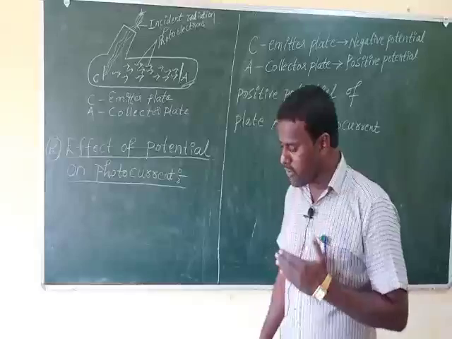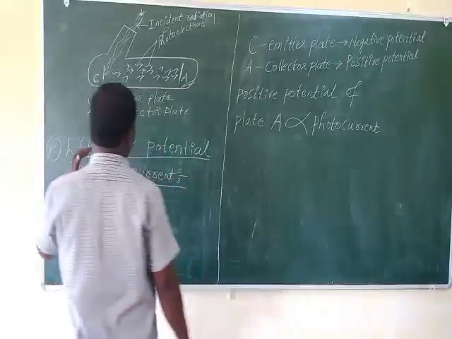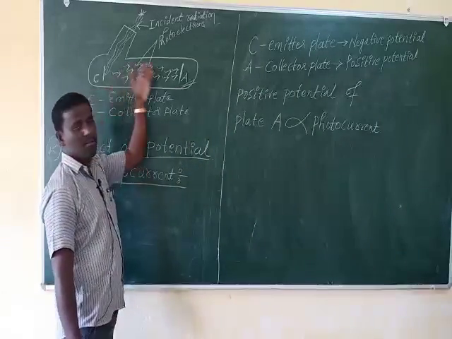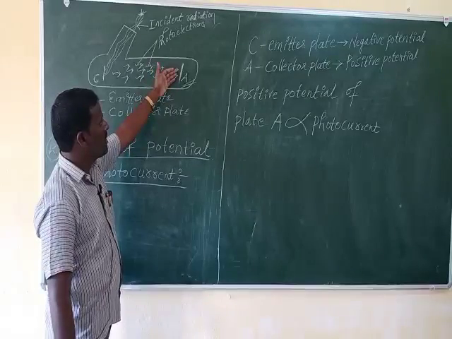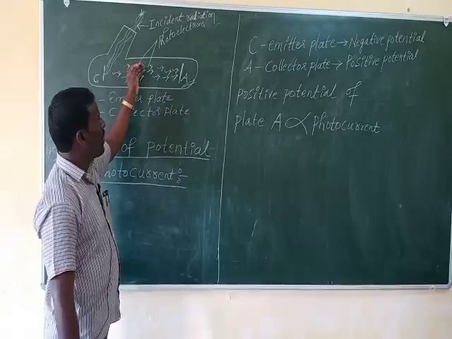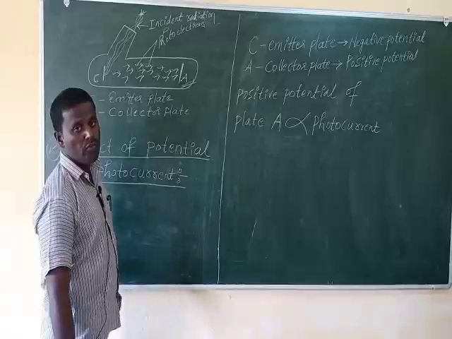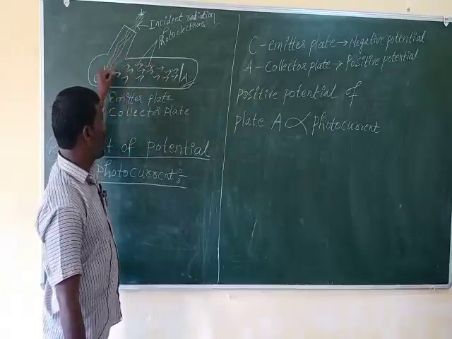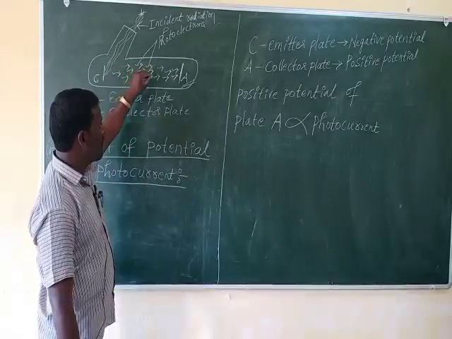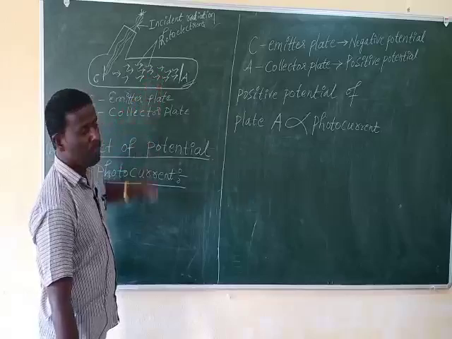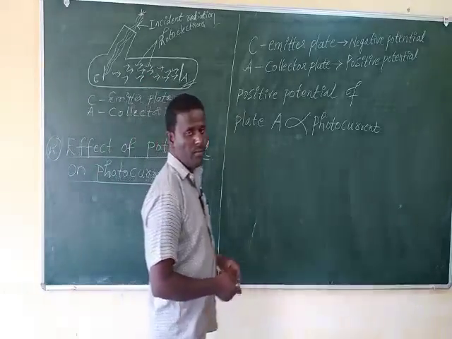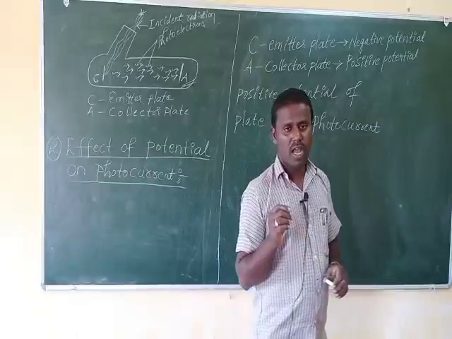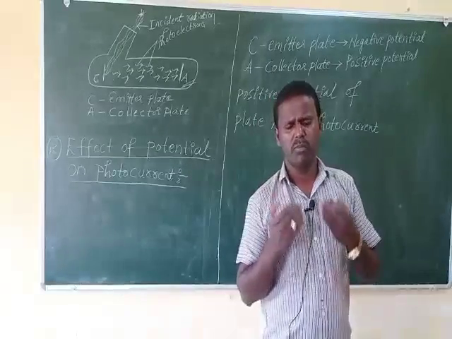Because A has positive potential, it keeps attracting all the electrons. So here more electrons are collected by the plate A and a higher value of photoelectric current flows in the tube. For a particular value of positive potential, the value of photoelectric current becomes higher